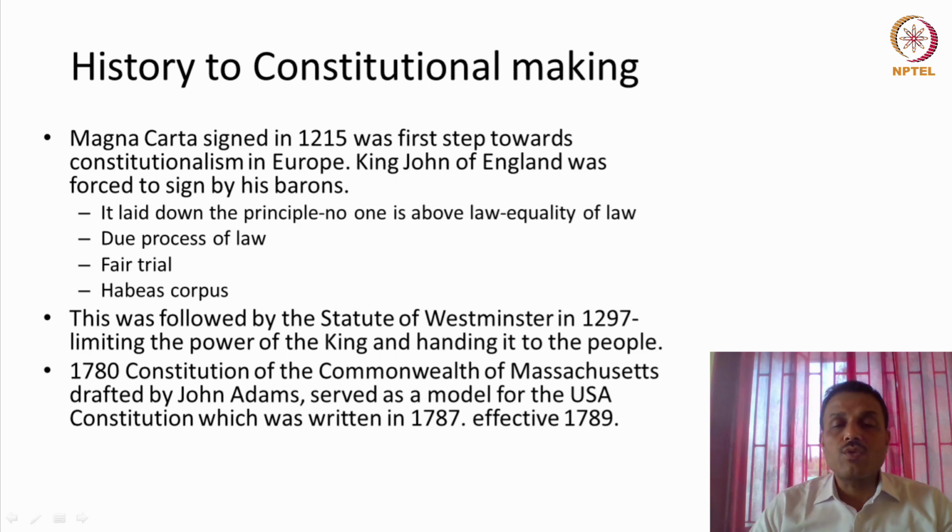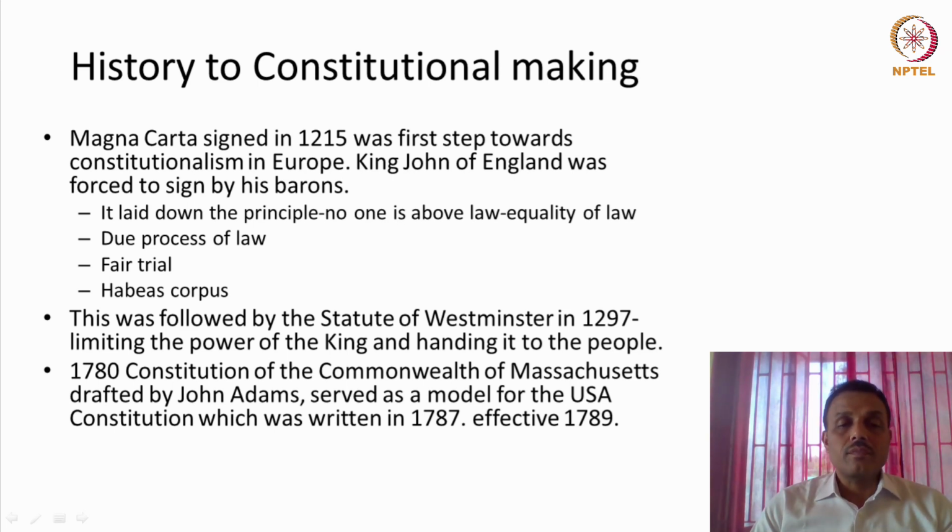So the US Constitution can be considered the mother of modern day constitutional governance, and 1789 is when the US got a constitution to itself. And I think the process of constitutional governance in modern times can be completely credited to how the United States gave a framework for modern democracies to adopt a constitutional basis of governance.